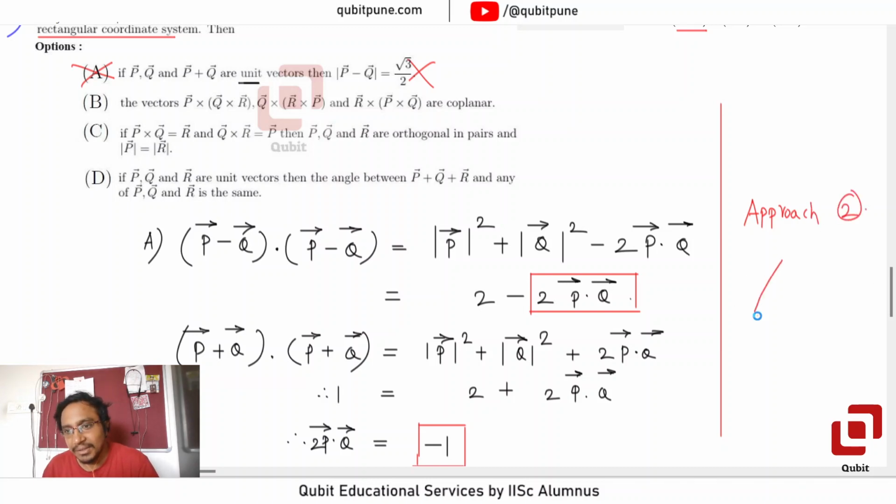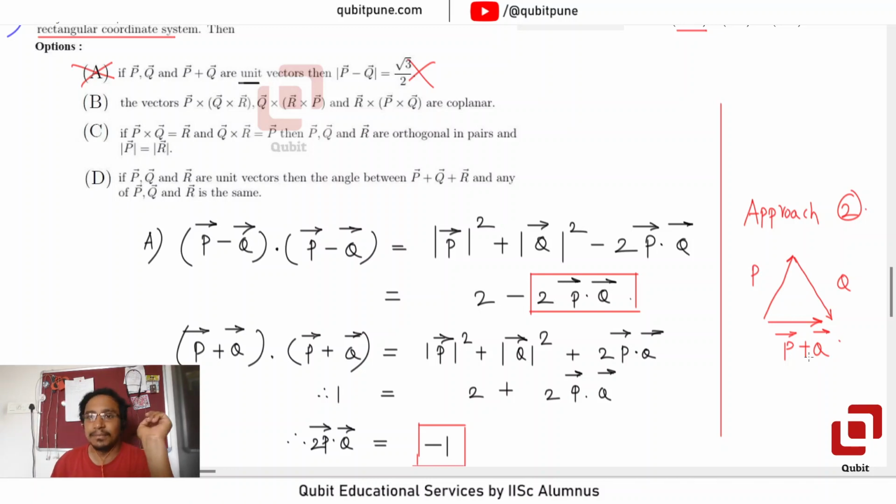So she is saying equilateral triangle. Okay, so you're saying this is P, this is Q, and this will be P plus Q. Yeah, ये भी possible है, कर सकते हैं. What I had thought of was,